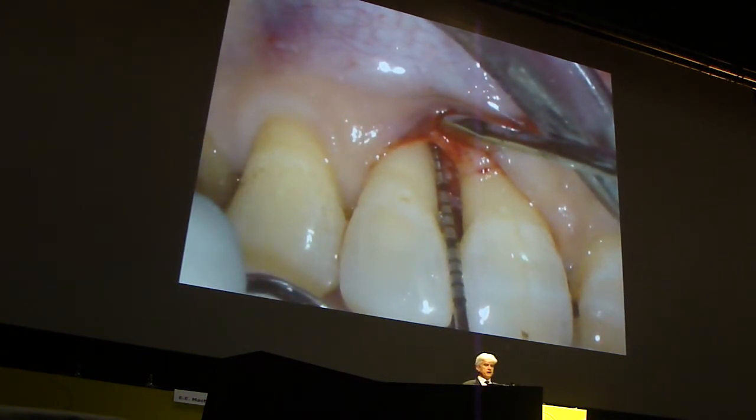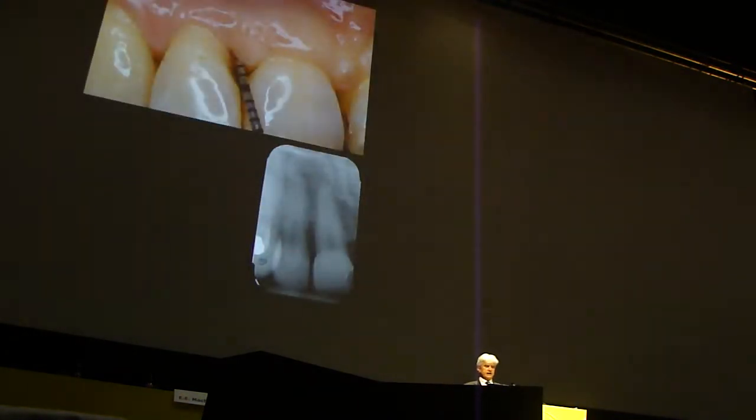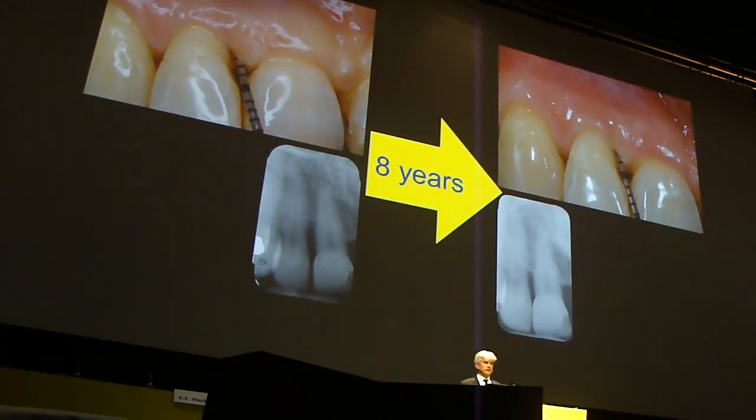Now, what do we do here? Here we cannot use all those materials. This flap is not designed for barrier placement, for example. This flap is for sure designed to put something in, like amelogenins, like grafts, like growth factors, whatever. It's a completely different story, and out of this we can get an outcome like you see now after the 8 years. Let us make another jump